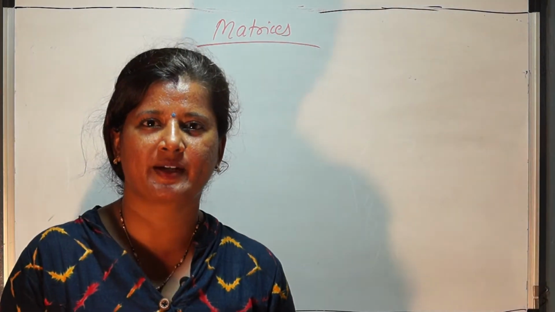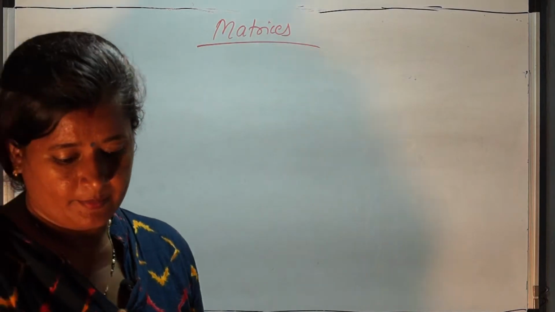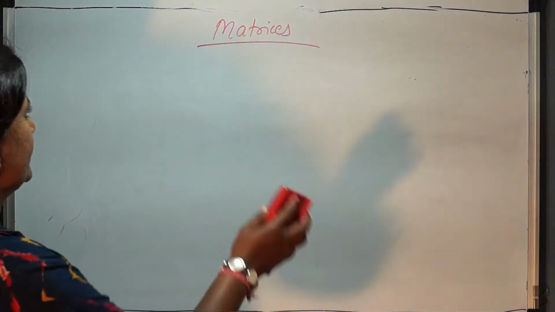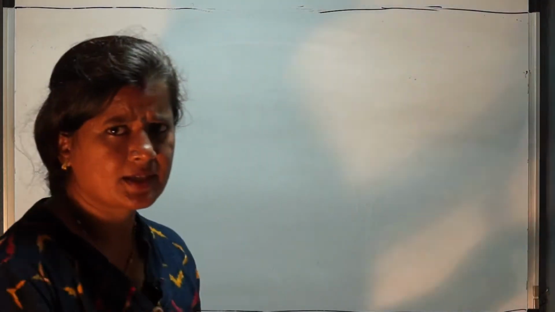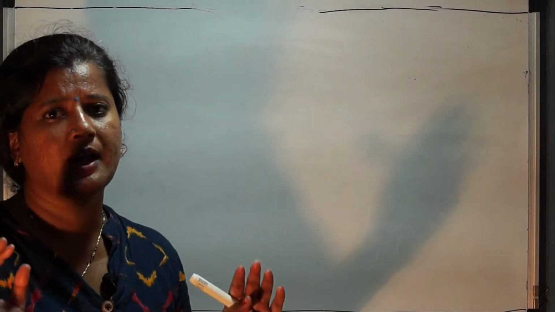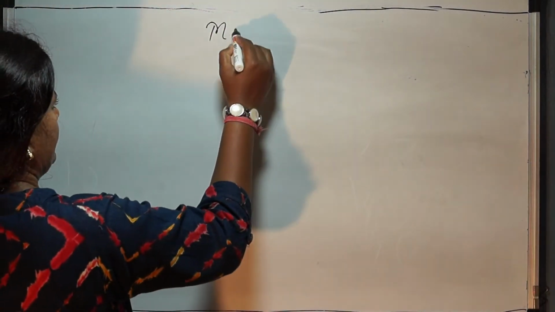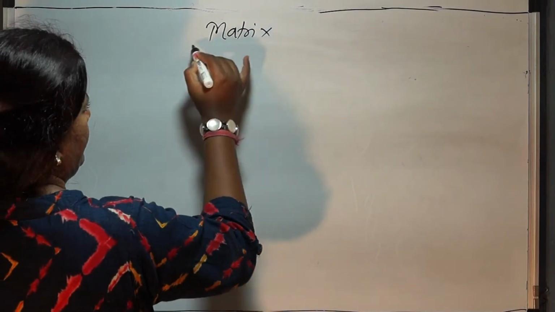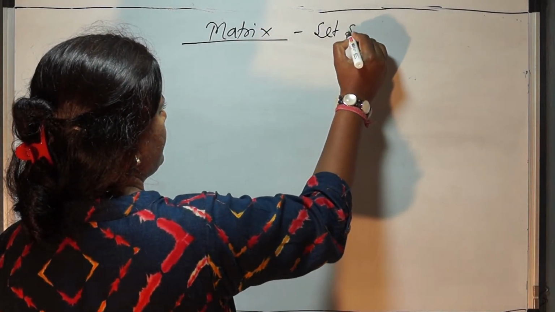Today's topic is matrices. What is a matrix? Matrix is just simply a representation or set of numbers arranged in rectangular format. Matrix क्या है? It's just a set of numbers